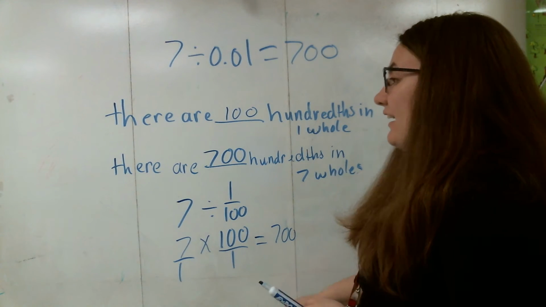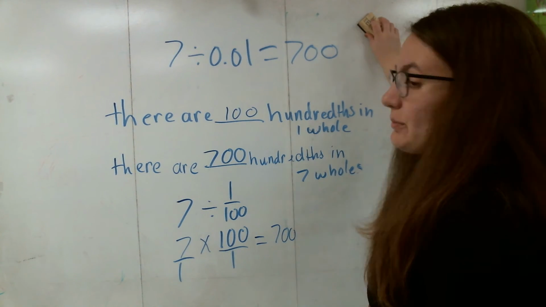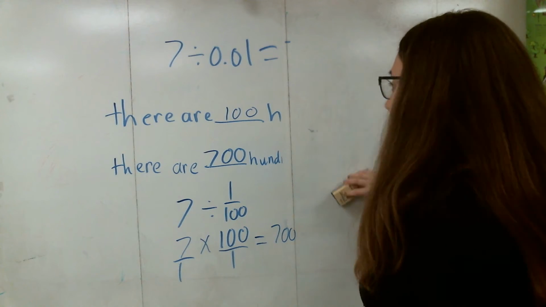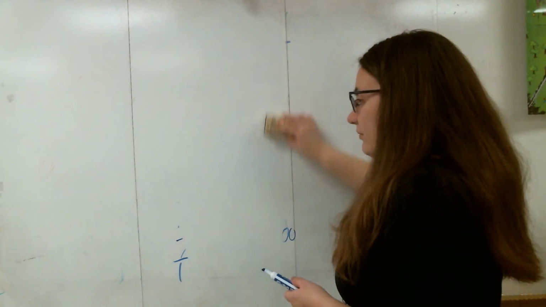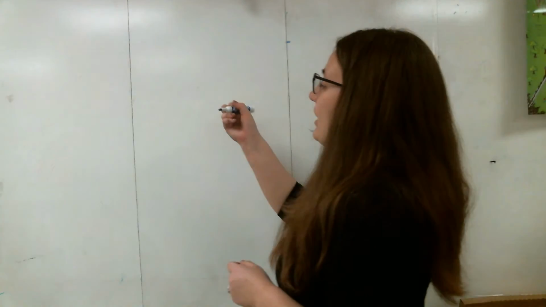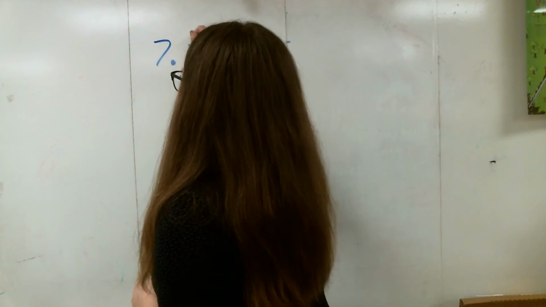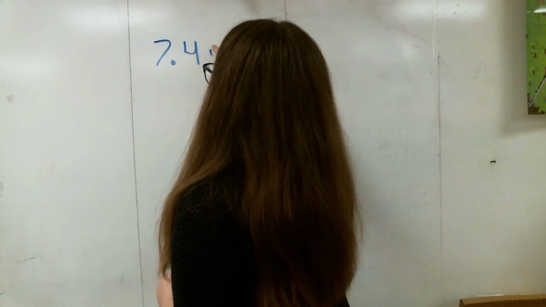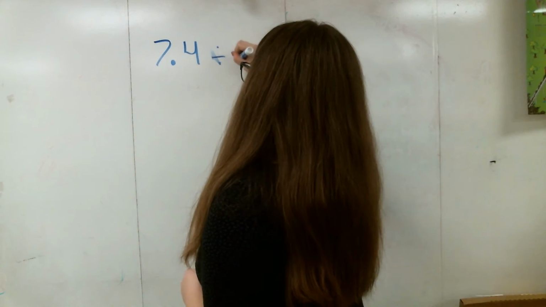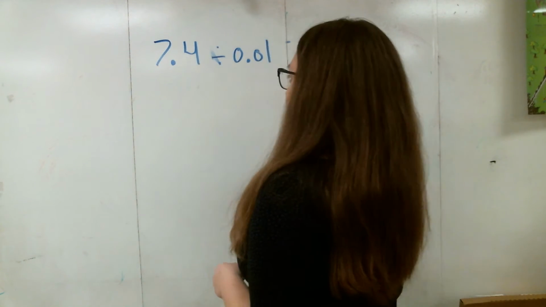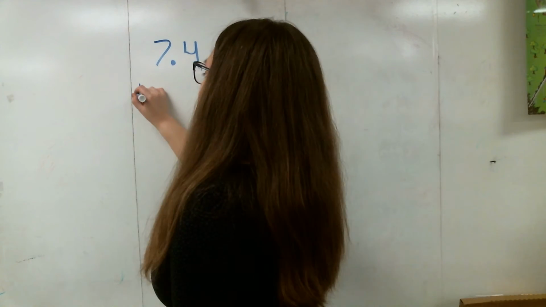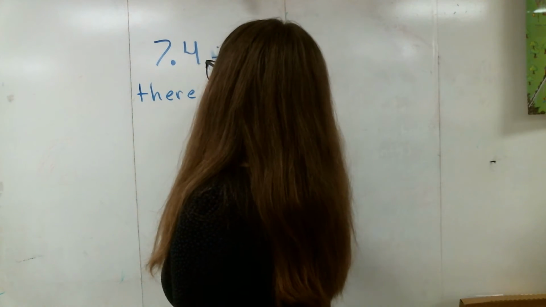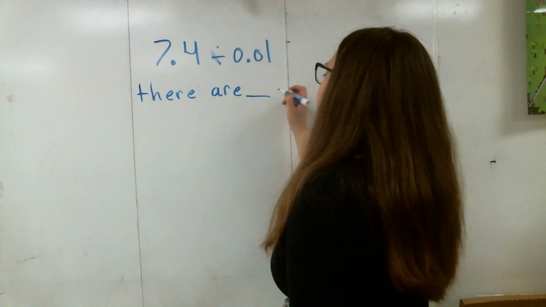All right, now we're going to move on to the next problem. We're actually almost done, but if you need any help, please let me know. So for this problem, we have 7 and 4 tenths divided by 1/100th. So for this one, again, I had to figure out that there are blank